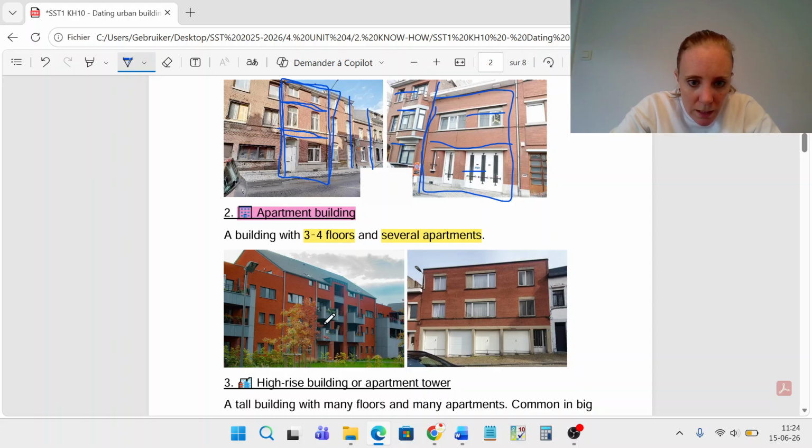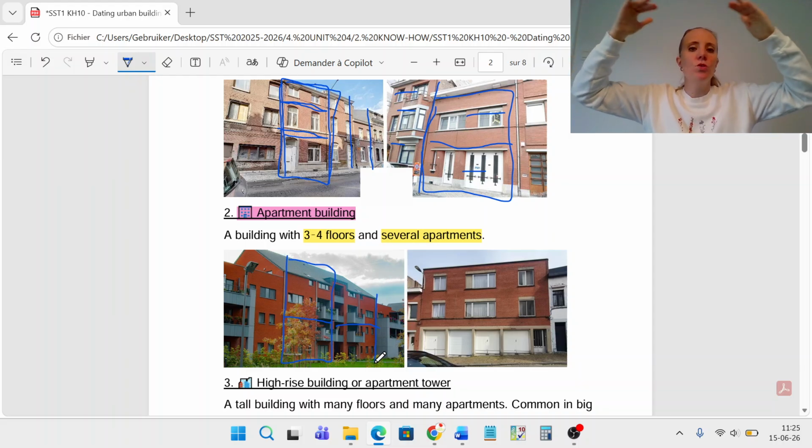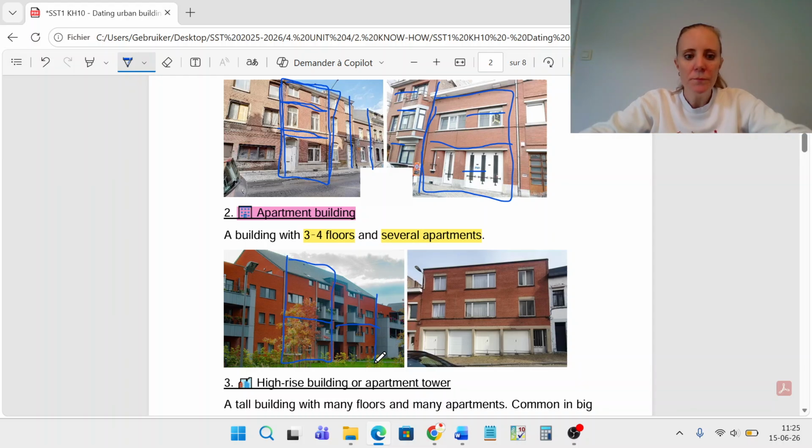This is something that you can see, for example, in this building. You can see that you have different balconies. The balcony is an area where you can go outside. You don't have a rooftop, a balcony. You can go outside. And this is one apartment with a balcony. You have here probably the living room and then bedrooms. And underneath it,